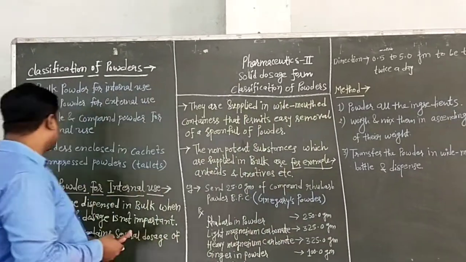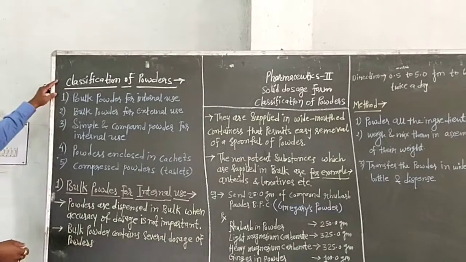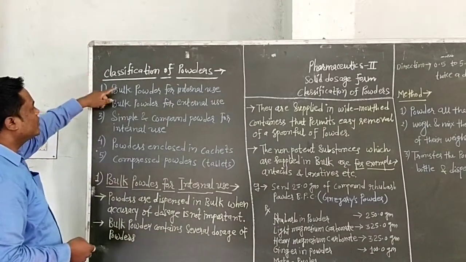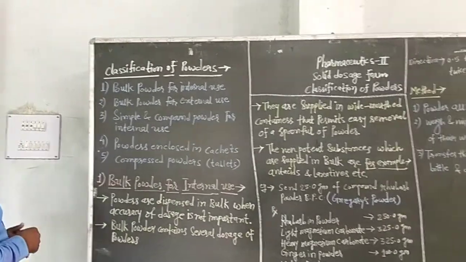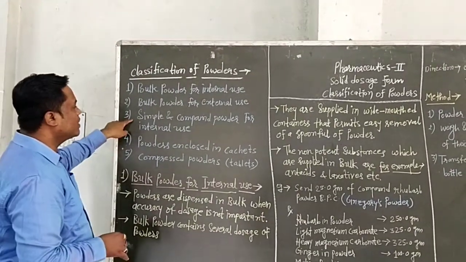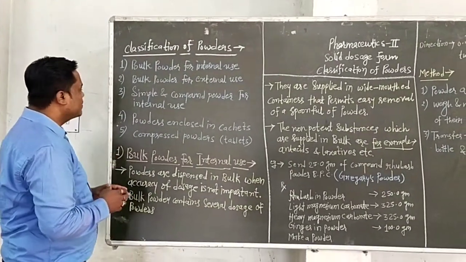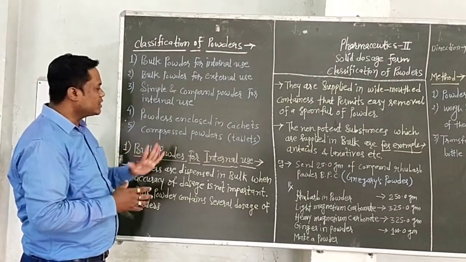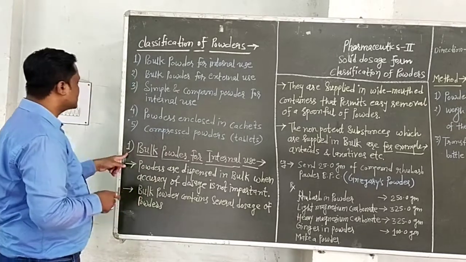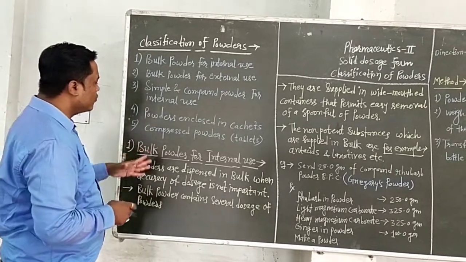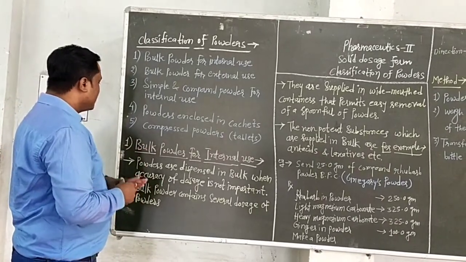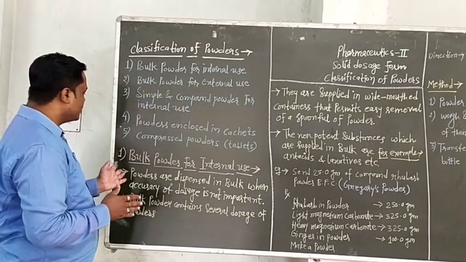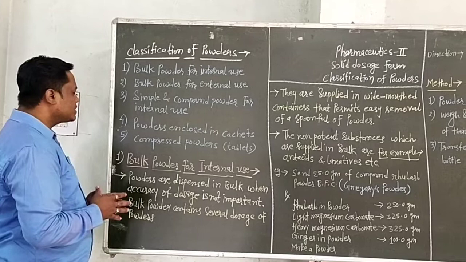In this lecture we have seen the classification of powder. The first is bulk powder for internal use, then bulk powder for external use, then simple and compound powder for internal use, then powder enclosed in sachets, and last is compressed powder. We saw the first classification, bulk powder for internal use. Bulk powder means the quantity of dose is larger. What are the normal conditions? The powders are dispensed in bulk